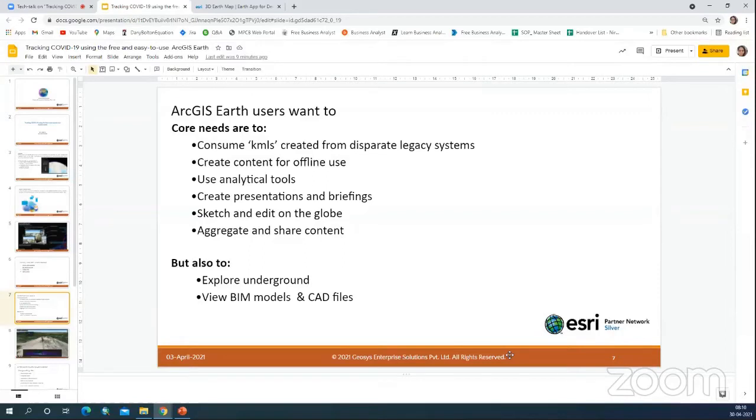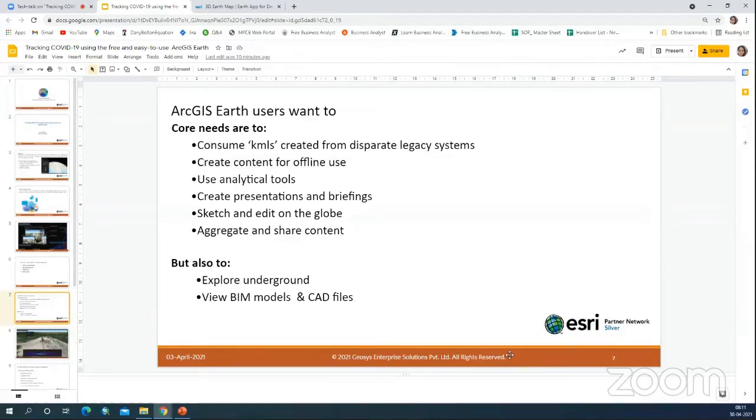And this ArcGIS Earth has a lot of analytical capability tools. Like you can see the line of sight, you can see the elevation profile of a given location, and you can create different presentations. You can take snapshots for your briefings, and you can easily create your data point, line and polygon features, or you can import the features either in KML or GPX or in a text file or a CSV file or in REST APIs, and you can edit those features in the globe.